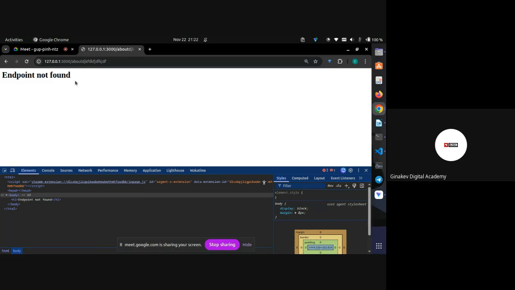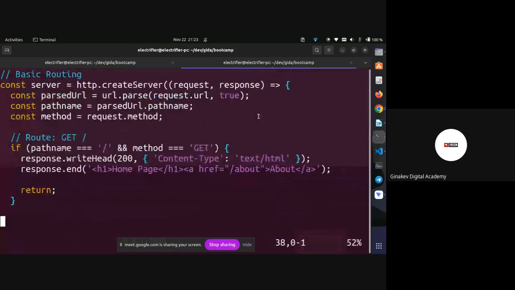Okay, so now we have the 404 error message. So this proceeds by adding a new route,